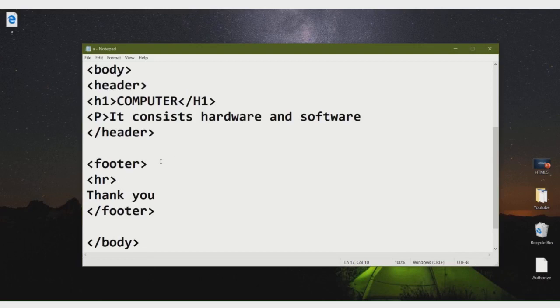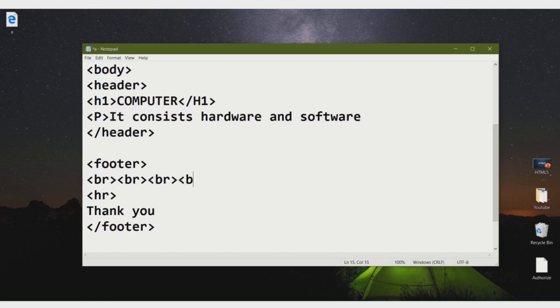To go to the end of the page, you can use the BR tag to go to the next line. BR means line break tag. For each BR tag, we can go to the next line.